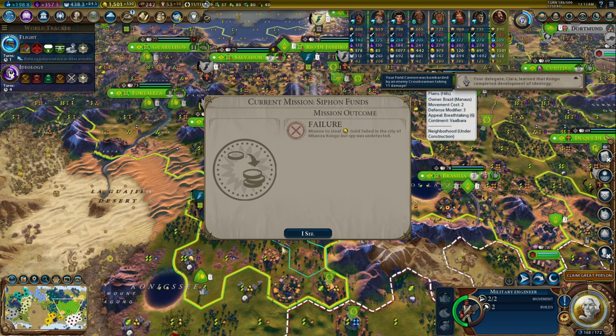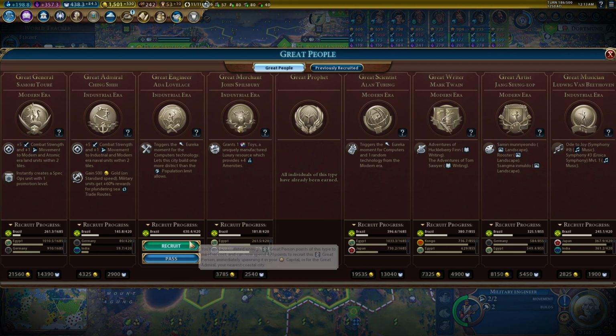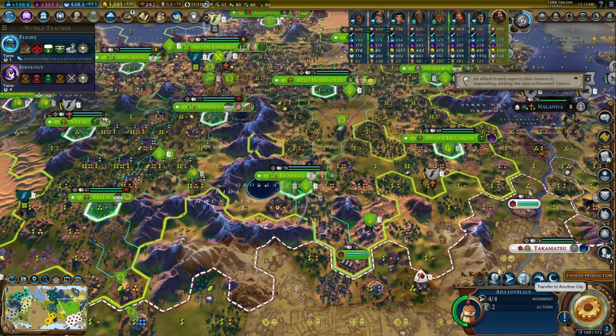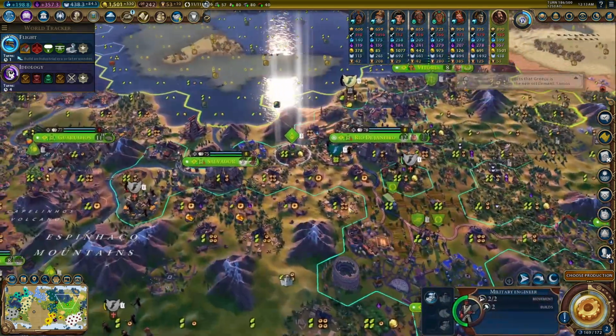Alright, our spy has failed to steal gold, but at least he is undetected. And we have a great engineer, Ada Lovelace, that is gonna allow us to trigger Eureka moment for computers. Big, we need this. And it will allow us to build more districts in any given city. So we are gonna be looking to use it in our city of Brasilia, because we do have